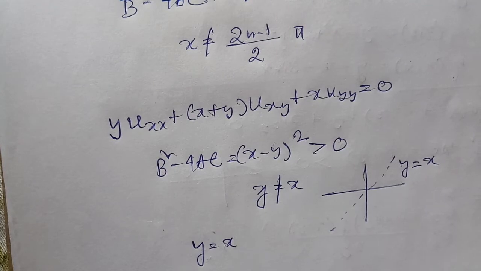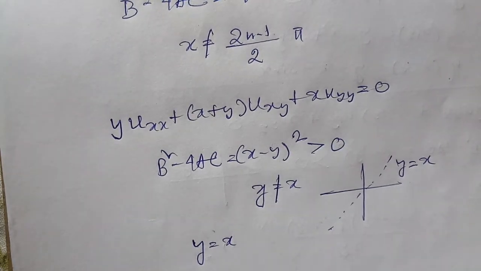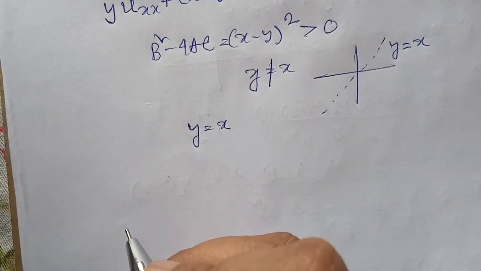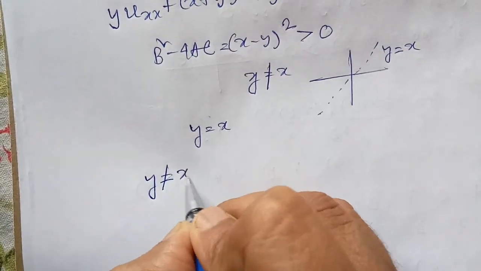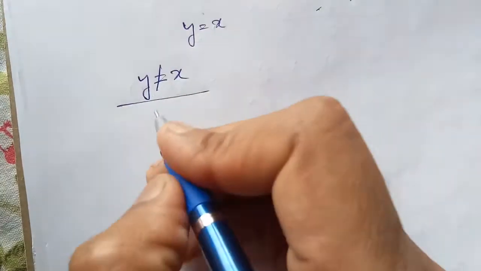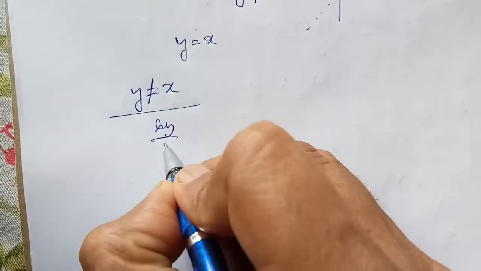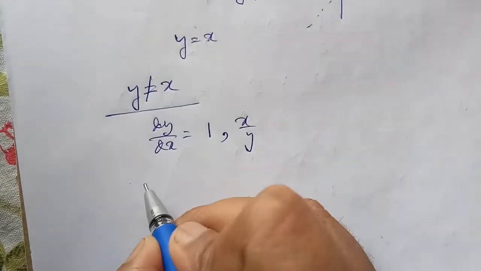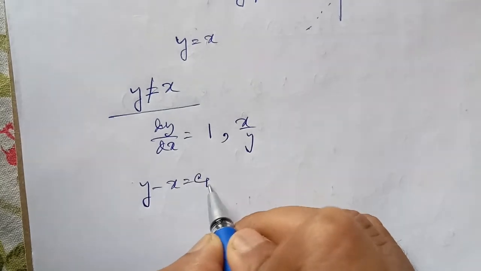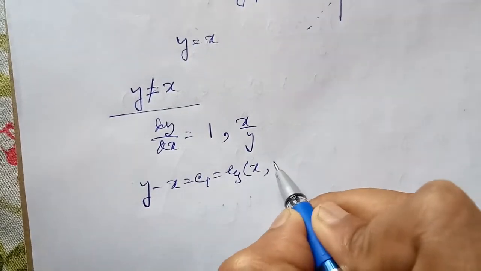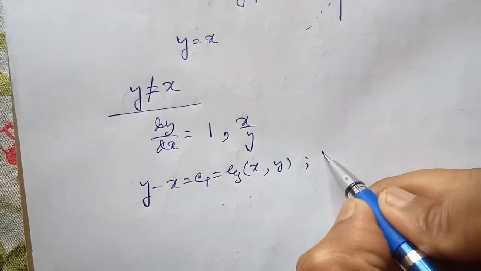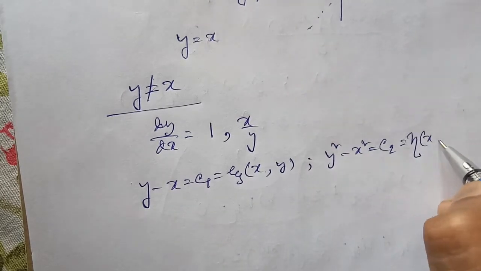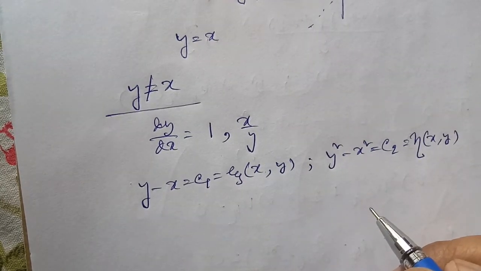So say for this problem, if you are told to find out the canonical form and solve, what we have to do? So first we have to distinguish the different cases. So suppose the first case is y is not equal to x, then we will see that dy/dx is equal to either 1 or x over y, and solving that we can have y minus x is equal to c1, that is xi, the first characteristic, and the next one will give us y square minus x square is equal to c2, that is eta, a function of x, y,